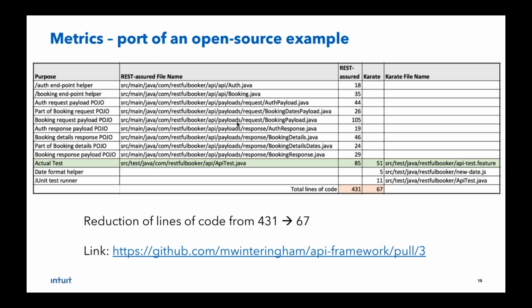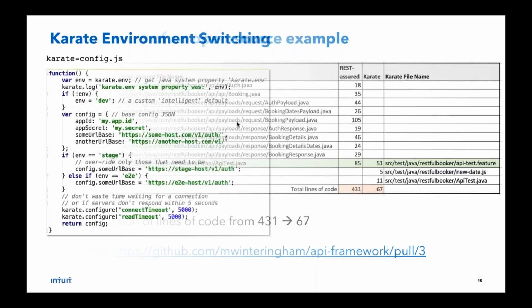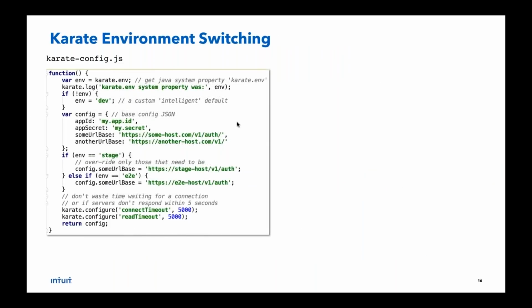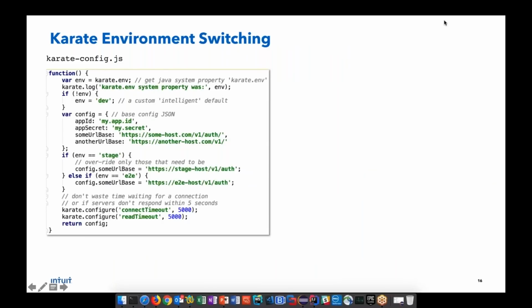And this dramatic example, of course, due to the fact that you did not need any POJOs to express all your request and response objects, ended up where the test dramatically reduced in terms of lines of code. So look this up if you want. It's out there, and it's something worth considering as to why you should be using, or rather you should not be using POJOs, because they're actually getting in the way, if you ask my opinion.